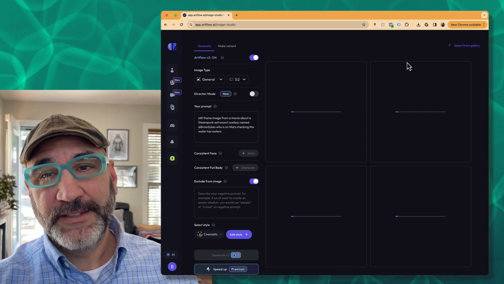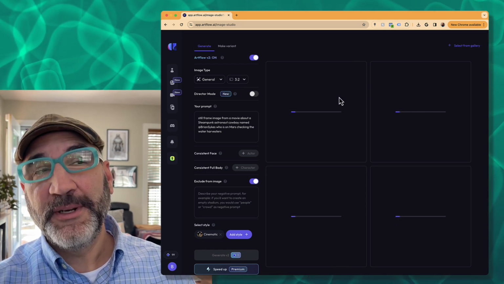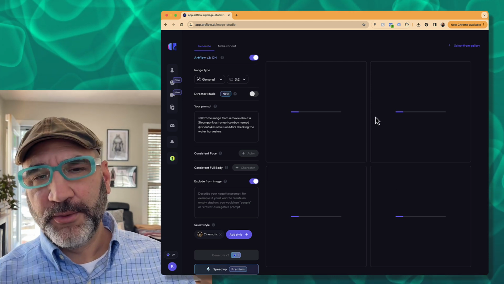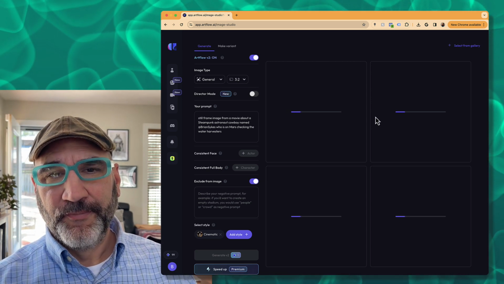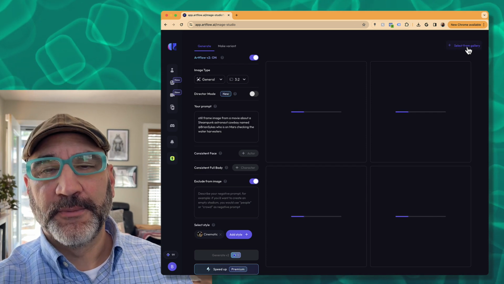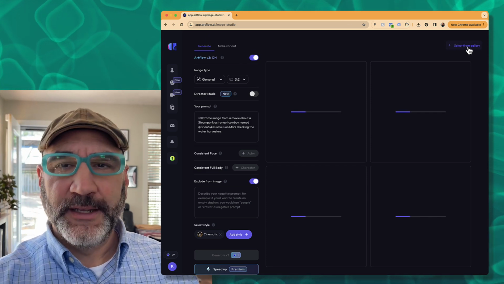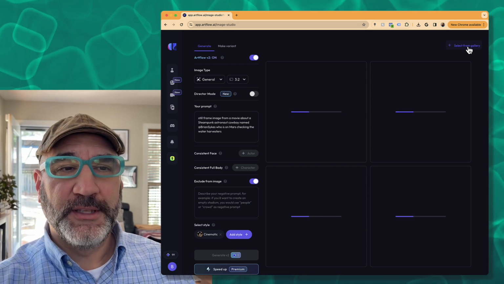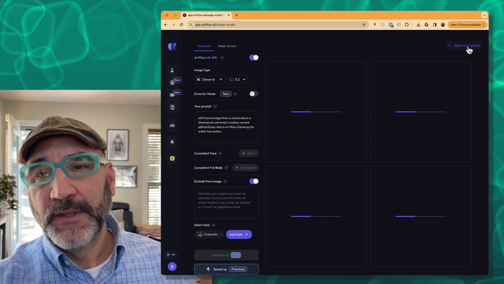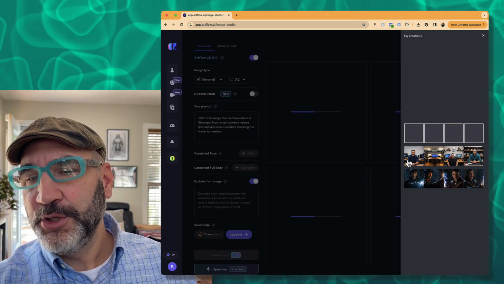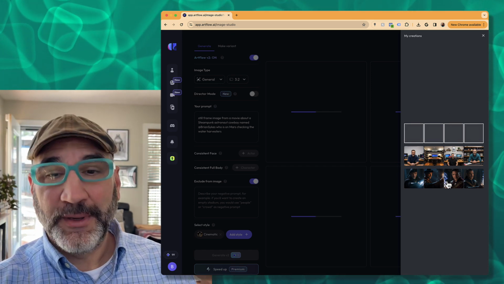Now, this is a little bit of a slow process. It's going to take its time and render out some images. And what you'll see in the top right corner is it says Select from Gallery. Now, the gallery is a selection of pre-made images that you can work from, and these can be sources of inspiration. One of the things you'll notice is it right away has two different prompts that it's rendered applying to